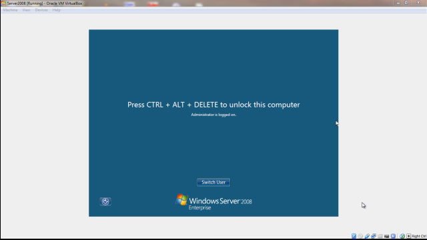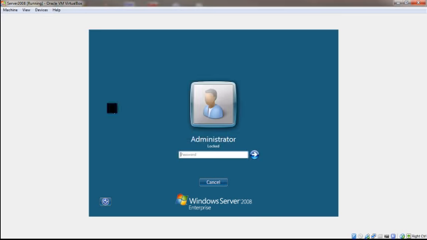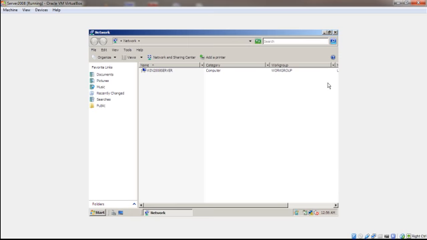So now we're going to go ahead and bring up the server that we configured in an earlier video as our workgroup machine, and promote the server with DC promo. So I'm just going to log into the server here, enter my password, and press enter. Okay, so I've got my server up, and in order to do the DC promo,